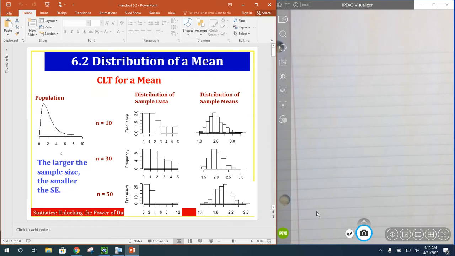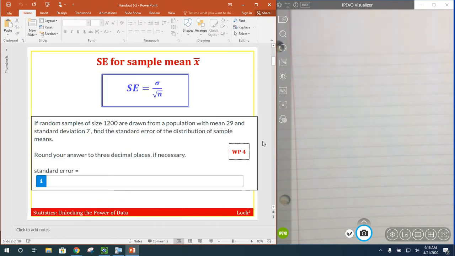So again, the central limit theorem will tell us in a mean value that the more n values we have, the more plausible we can trust that the distribution of the sample means is accurate. Okay, so let's jump to the next slide. There we go. So we have a standard error formula for sample mean x, and in that standard error, we